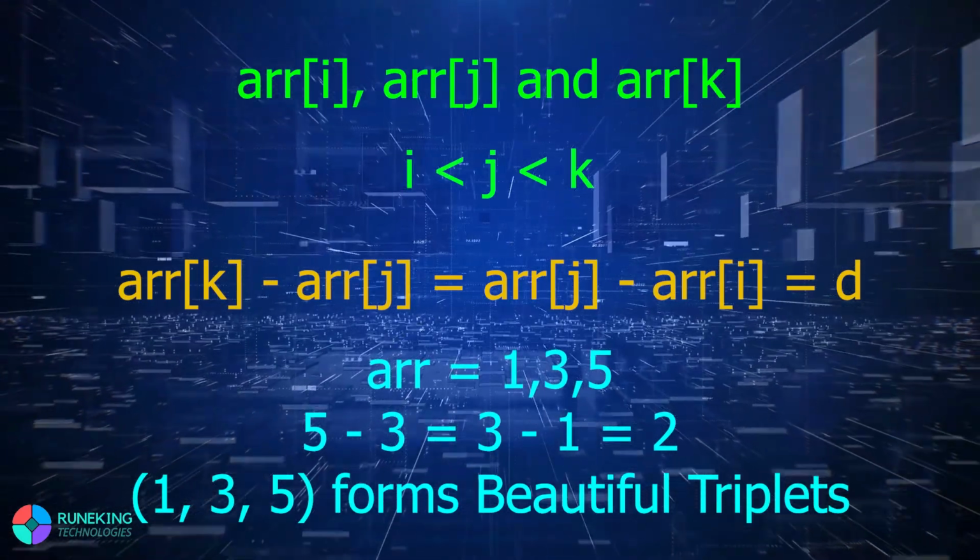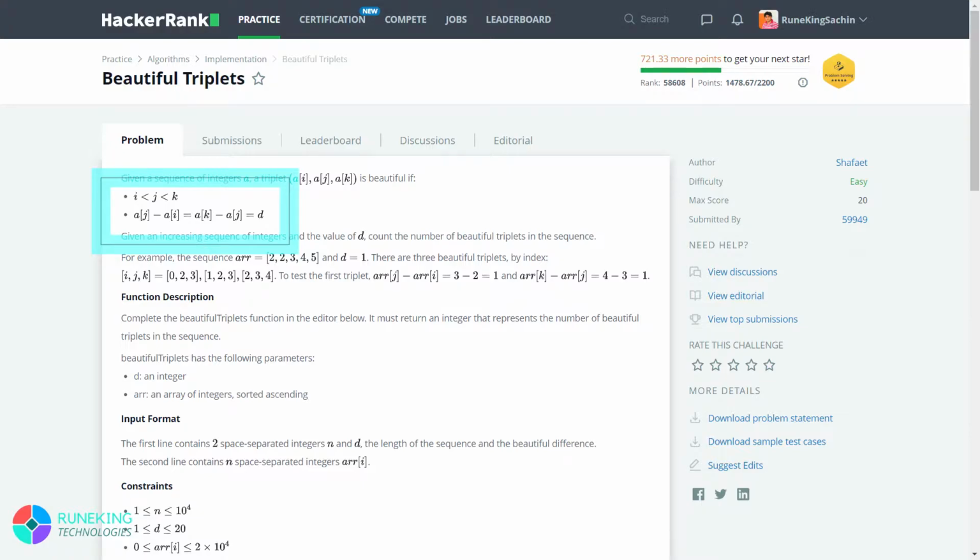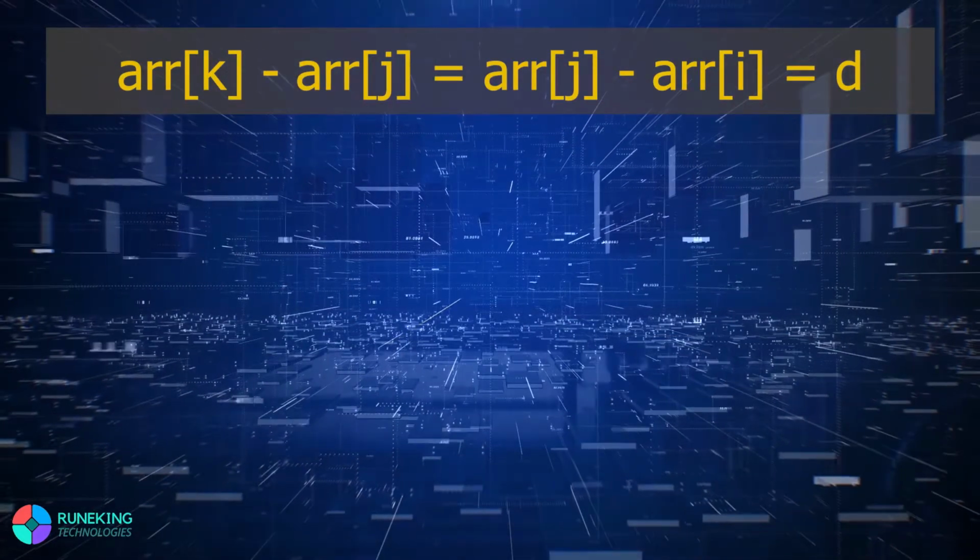So now, if we use the subtraction method as given in the problem, then we need to use two loops, one for i and another for j, or you can say one for j and another for k. In this case, there becomes a loop inside a loop, which will result in a timeout error, and that we don't want. So to remove this problem, we do some modification to the formulas.